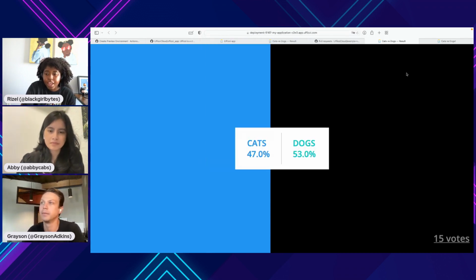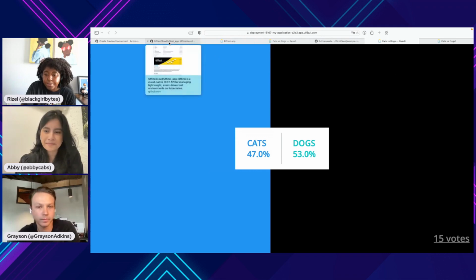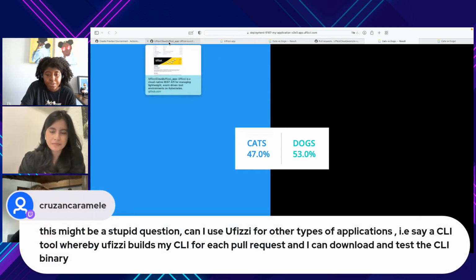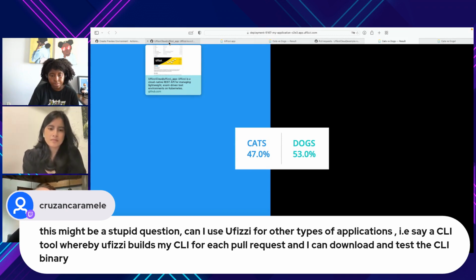That's awesome. Yeah. And there's another question. Someone said, can I use Uffizzi for other types of applications? For example, say a CLI tool whereby Uffizzi builds my CLI for each pull request, and I can download and test the CLI binary. So Uffizzi is best suited for web applications, things that are able to be containerized. It's probably best suited in your situation for maybe the API that you want to be testing against, making changes, and then using a CLI to hit that endpoint, that URL